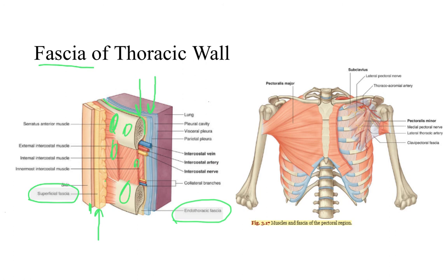And endo meaning inside, thoracic, so inside the thorax fascia, as opposed to the superficial fascia on the outside. That would be immediately lining the thoracic cavity wall, and in direct contact with the next layer, which would be our pleural